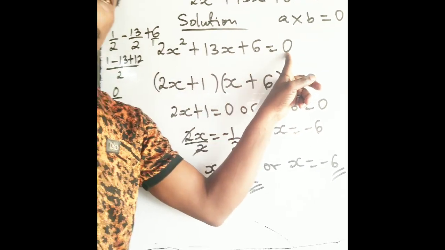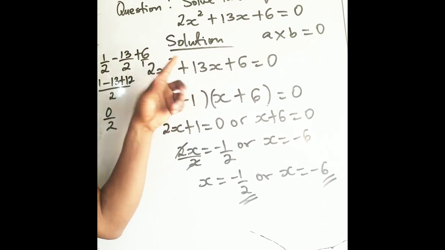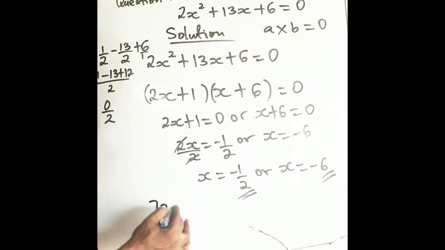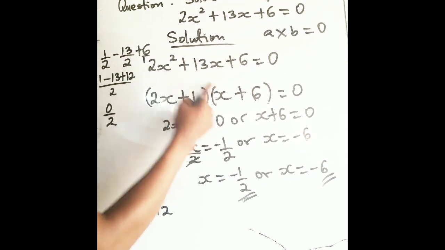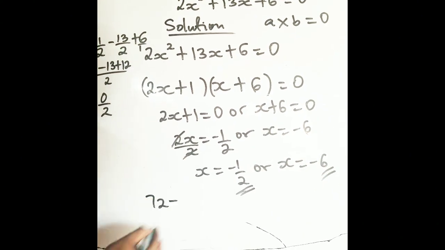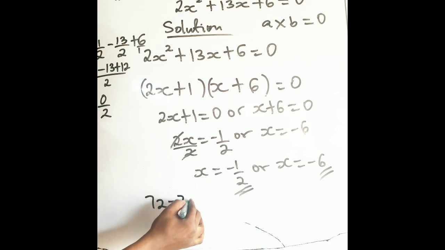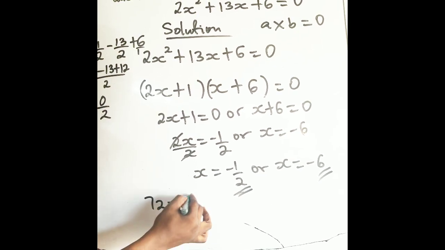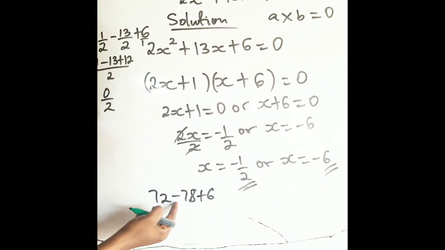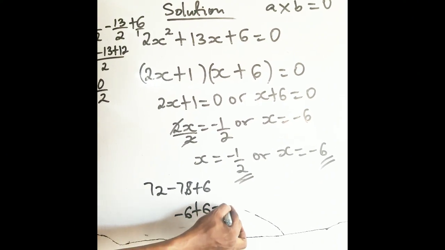If we use minus 6, raised to power 2 is 36. And 2 times 36 will give us 72. Plus 13 times minus 6, okay? Plus times minus will first give us minus. Now, 13 times 6 will give us 78. Plus 6. If we simplify this, 72 minus 78 is minus 6, and minus 6 plus 6 is also